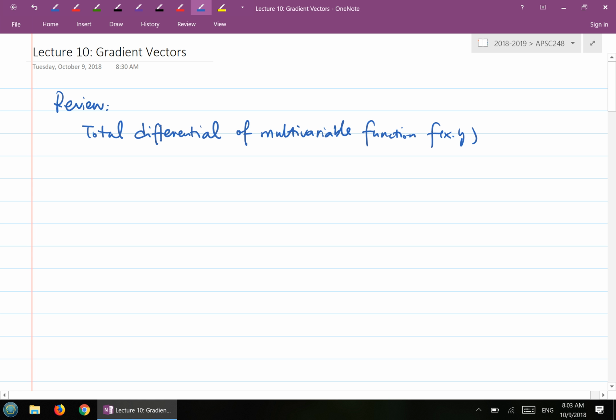So let's see, we have a multivariable function. I'll use a function of 2 variables to illustrate. What will be the total differential of this multivariable function f of x, y? Formula-wise, this is what total differential means: df is equal to partial f over partial x times dx,